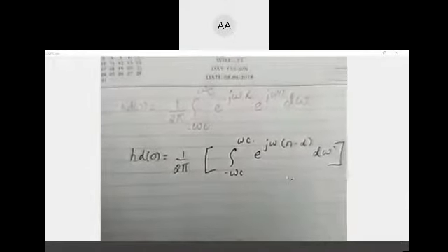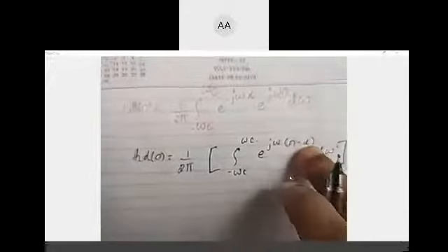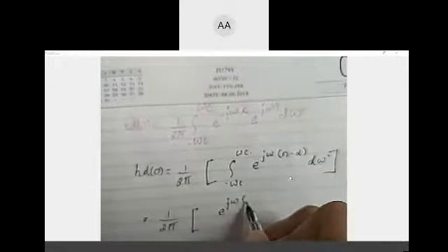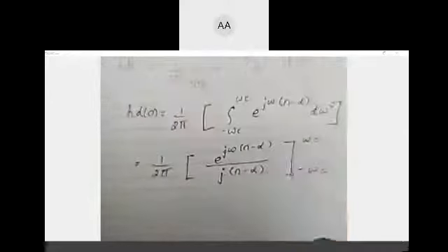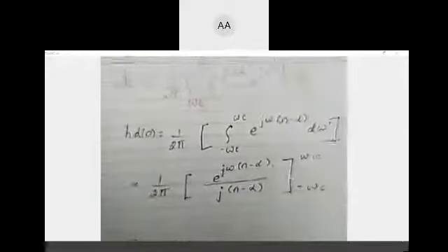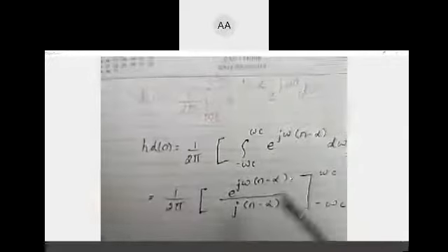Alright. So the integral of an exponential is nothing but the same, so do the integration. I hope you know this. What happens here is you will have e power j omega (n minus alpha) by j into (n minus alpha), over the range minus omega c to plus omega c. You have to evaluate this. In the notes, they have taken e power minus j omega outside, so just look and do the integration properly. There's a slight mistake in that.